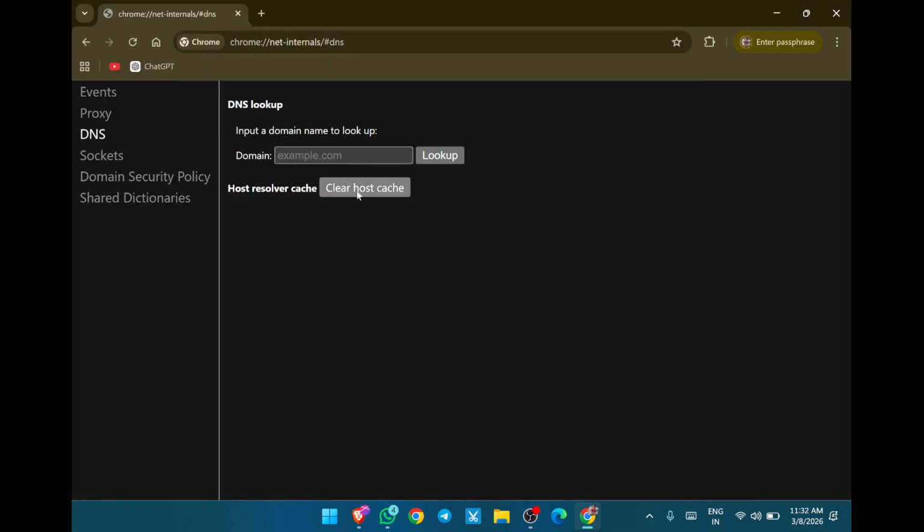Here you will find a button, Clear host cache. Once you click on this button, Google Chrome will immediately flush its DNS cache. This removes stored DNS records and forces the browser to fetch fresh DNS information from the server the next time